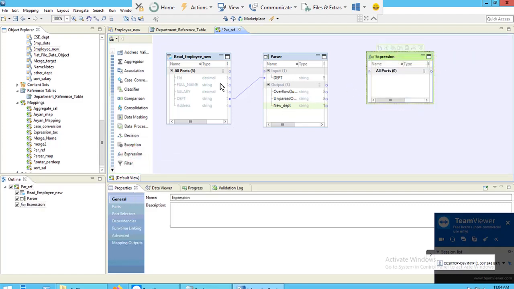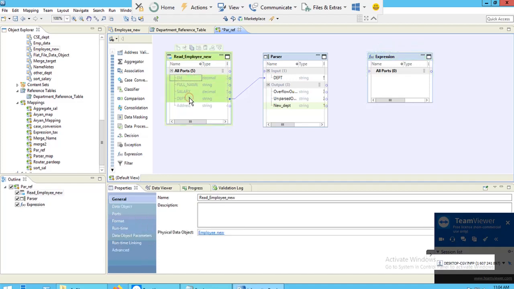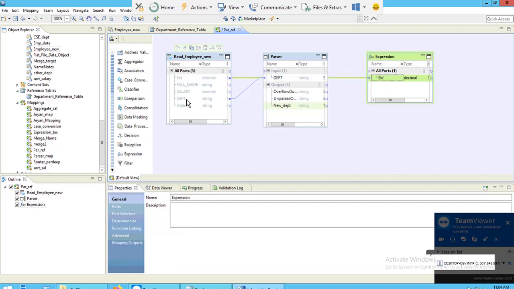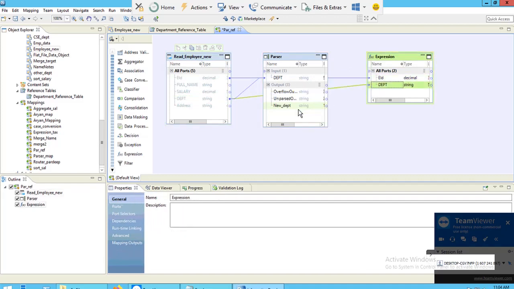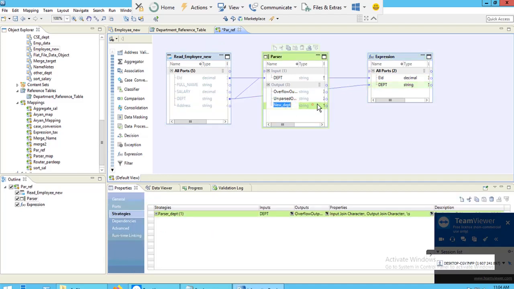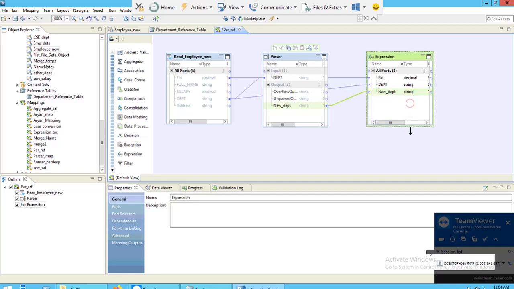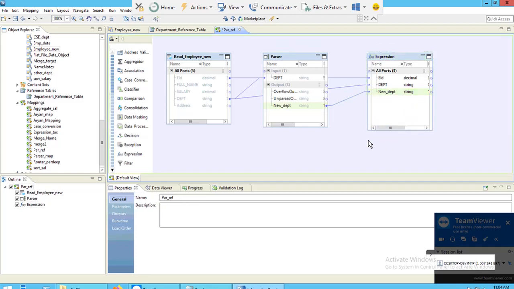Now for this, my EID and department, old department column, my EID will come from source, then old department, that is the invalid values, will come from source, and the new department will come from parser. If you want to compare your old department values with the new department, I am keeping my old department name also, and new department name also.